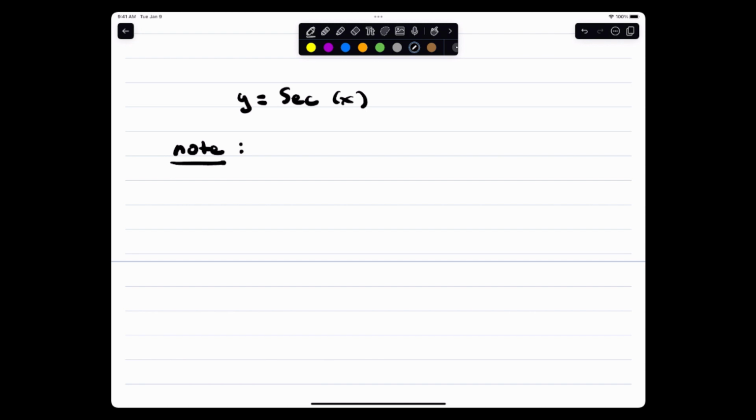So just to start off, very, very simply, reciprocal. That key word we're going to look at today. Reciprocals. Okay? So you're going to see today,